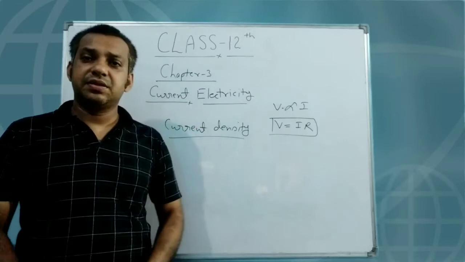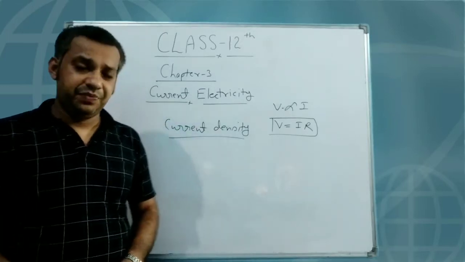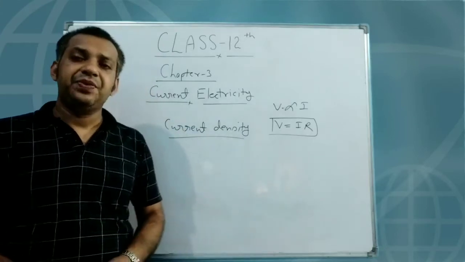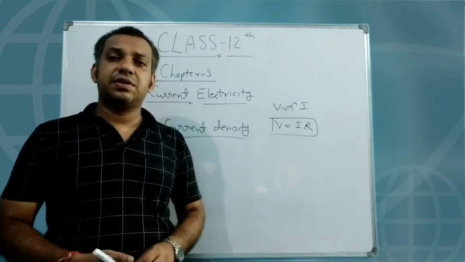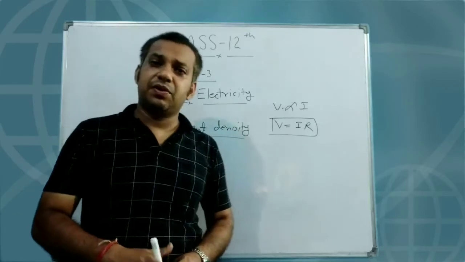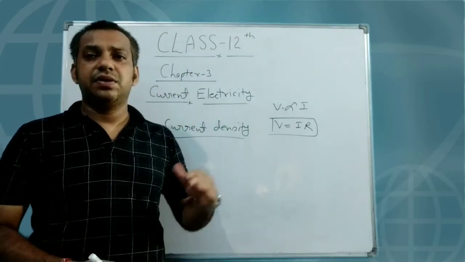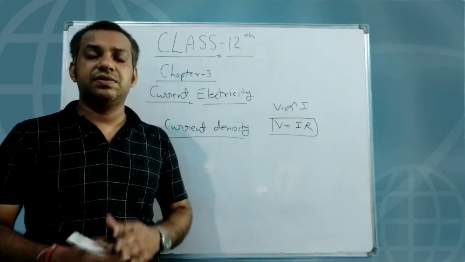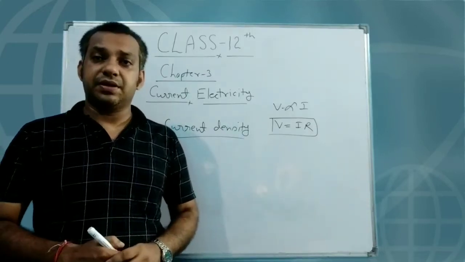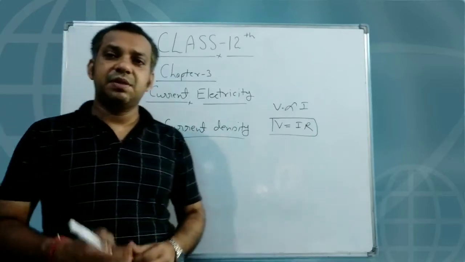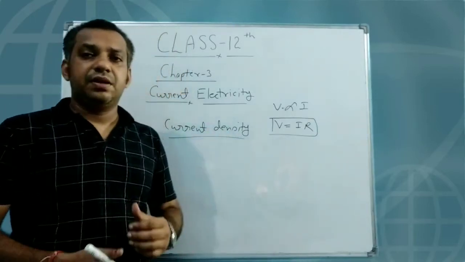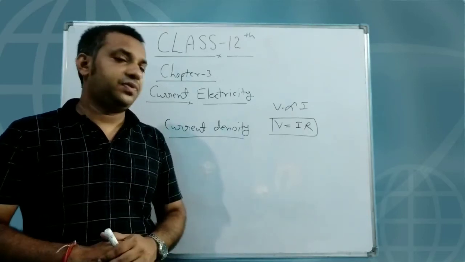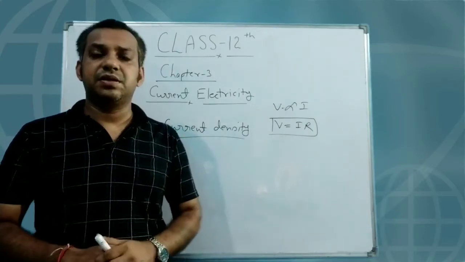And we will also discuss the limitations of Ohm's law, when Ohm's law is not applicable. In class 10 you studied only the temperature effect for the conductor, especially for metals. But here, not only for the conductor but also for the semiconductor, we will discuss the effect of temperature, and how, because of temperature dependency, the specific resistance or resistivity changes for both the conductor and the semiconductor.